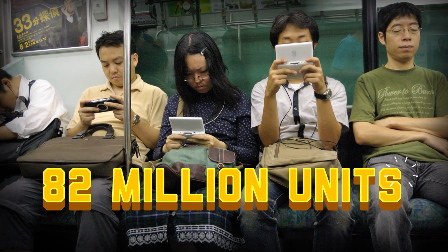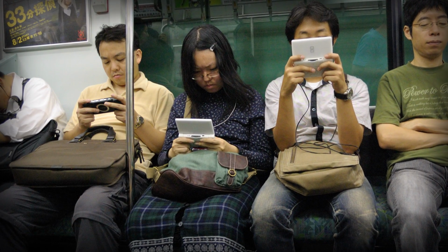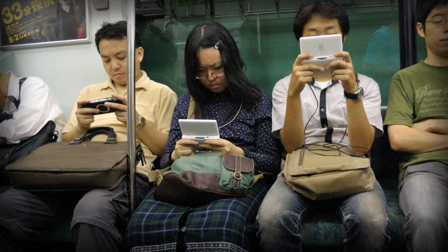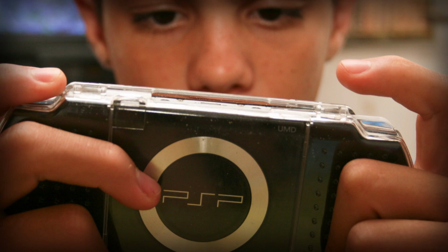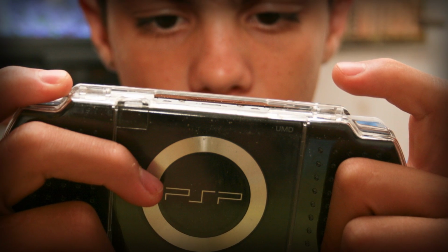Now, PlayStation didn't get into the handheld market until 2005 with the PlayStation Portable, or PSP. But it also gave Nintendo some competition, selling 82 million units, including its various redesigns. Despite its high price, the PSP was well regarded with its sleek design, powerful hardware, and multimedia capabilities. The PSP was in production for just under 9 years, lasting longer than many of the other handhelds in the